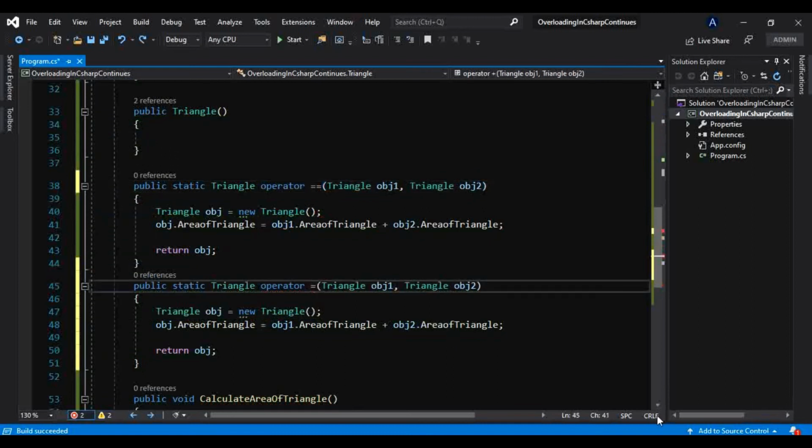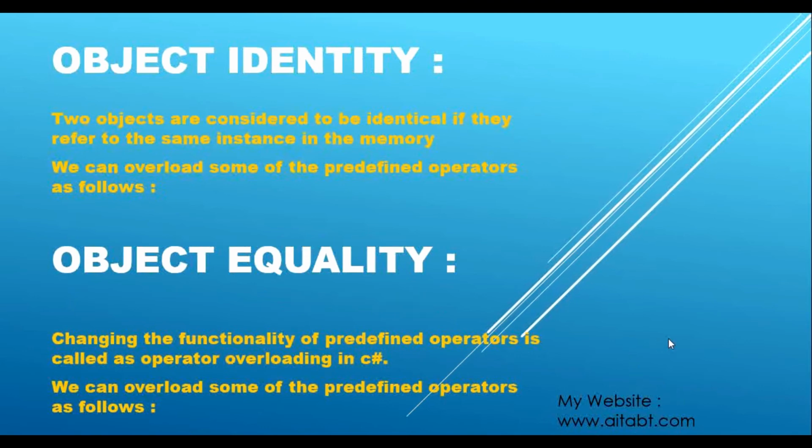Now let's see what object identity and object equality are. Object identity means two objects are considered identical if they refer to the same instance in memory. What does this mean?